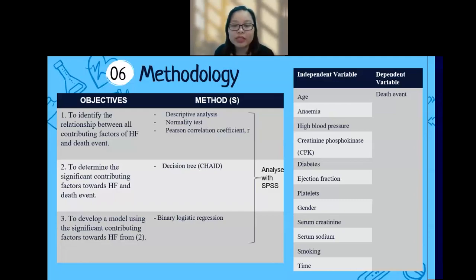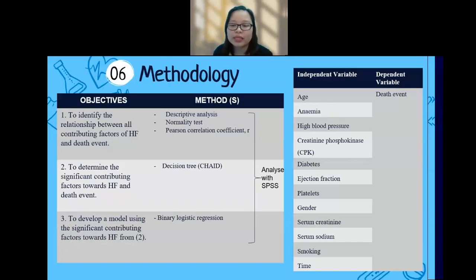And for all that methods, I used SPSS to analyze it. In this research, my independent variables include the age, which is counted in years, the anemia, the high blood pressure, the CPK, which is the creatinine phosphokinase, the diabetes, whether the person has diabetes or not, the ejection fraction, which is the percentage of blood leaving from the heart at each contraction, and it is counted as a percentage, and the level